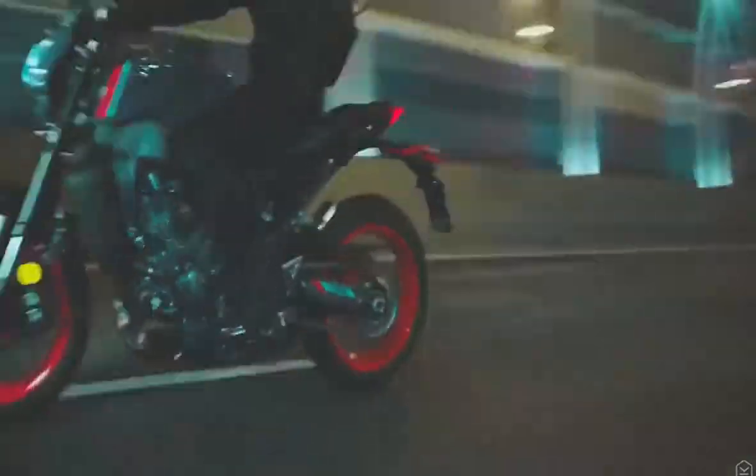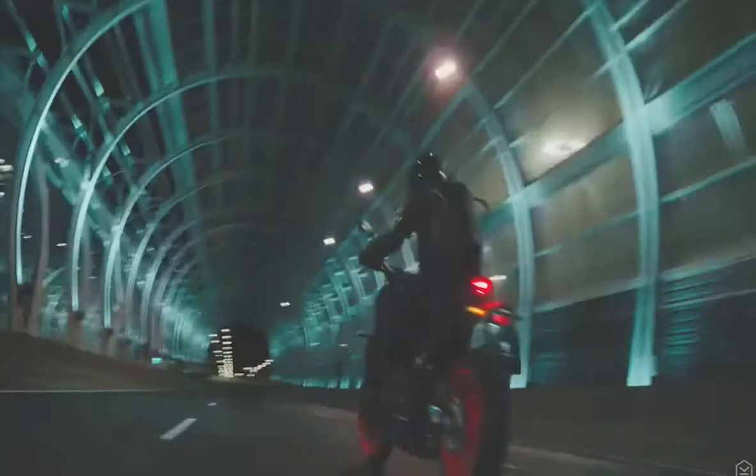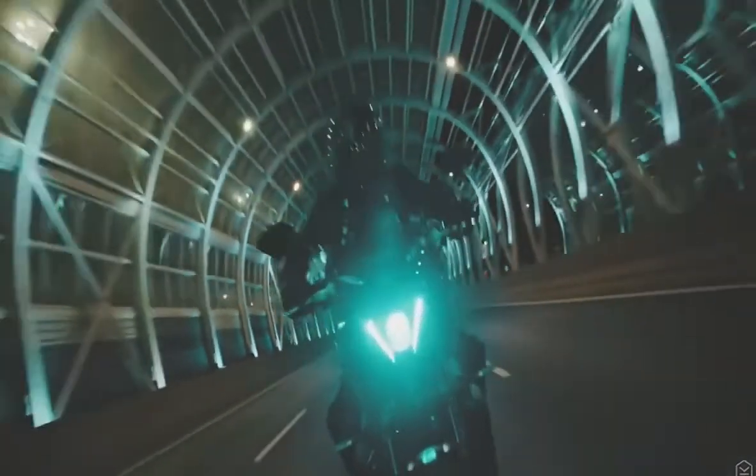So in all, this new MT-09 could be one of the biggest new models for 2021, and on paper at least,